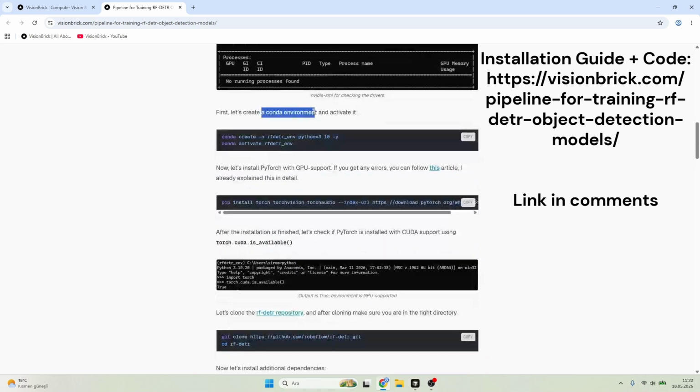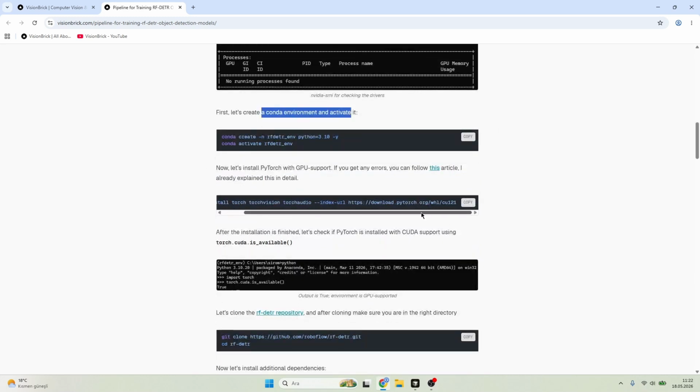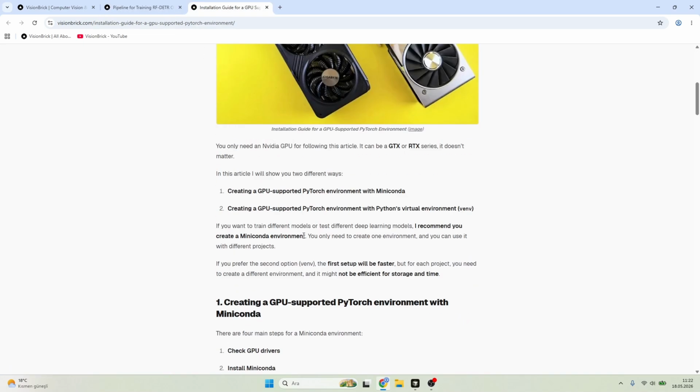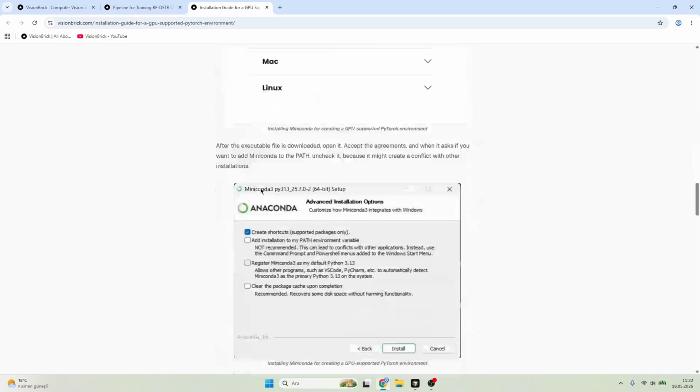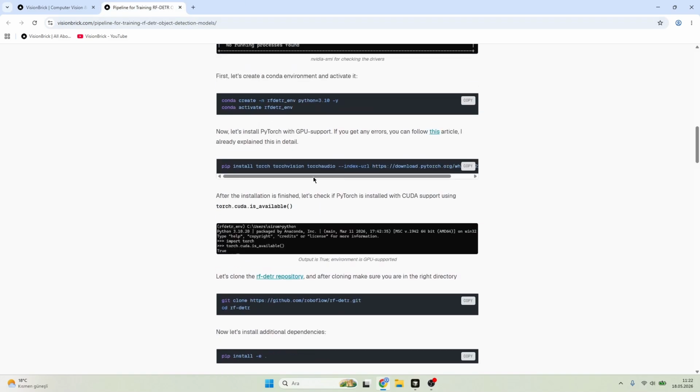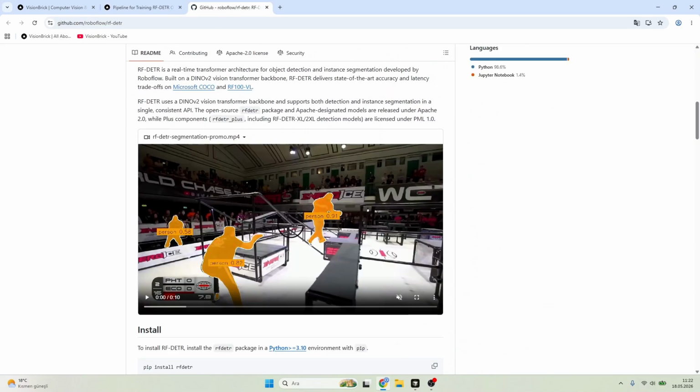First, you need to create a conda environment. Then you need to install PyTorch with GPU support. And you can directly use this line, but if you got any error, you can follow this article. I explained everything here, including Anaconda setup and other things. You see here. So after that, you have to clone this RF-DETR repository, this one, and you need to install